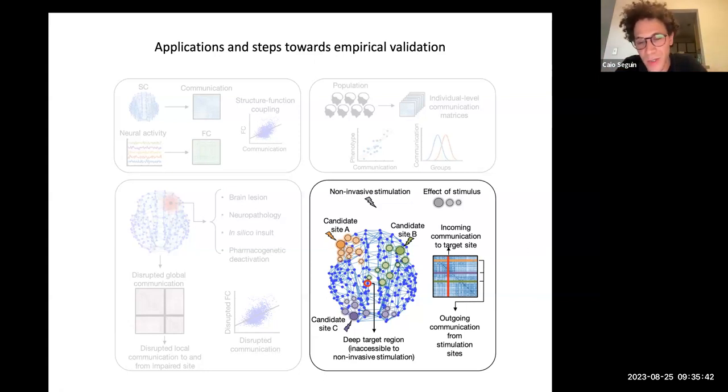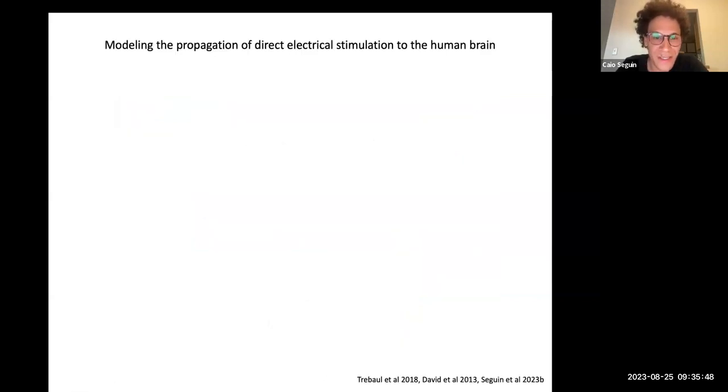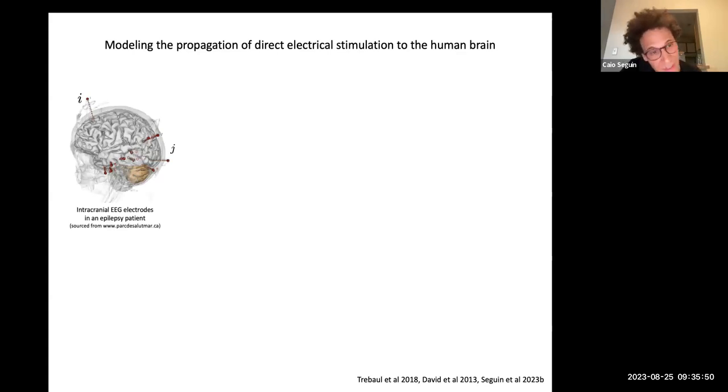So I tried to investigate something along these lines of brain stimulation. And we did this study where we actually used invasive brain stimulation using intracranial EEG. So for those who don't know, intracranial EEG is essentially you insert this electrode, this sort of lead, sorry. It's kind of like a needle, and it has many electrodes along its length, right? And you can insert many in a patient's brain.